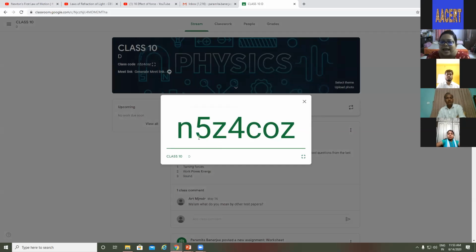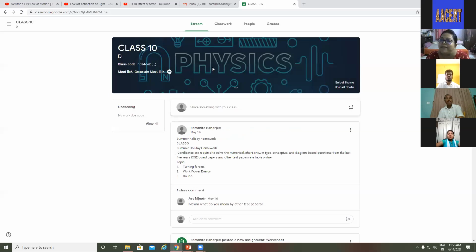See, N5Z4COZ. For the class, you send this code and ask them to join that Google Classroom. Or you can send individual invitations. I prefer you give the class code and ask them to join through their mailbox. Each student should have their own mail.